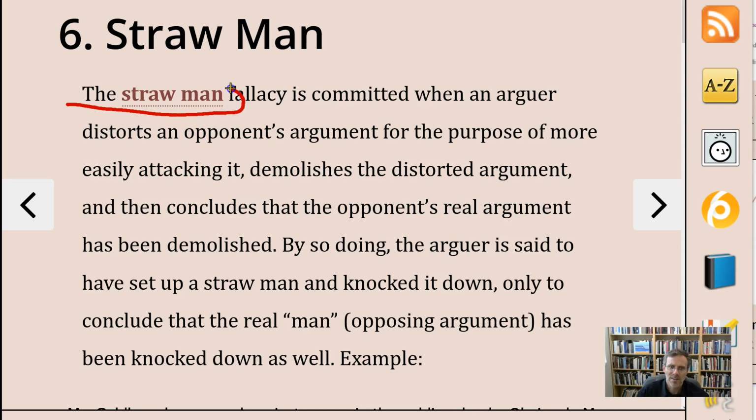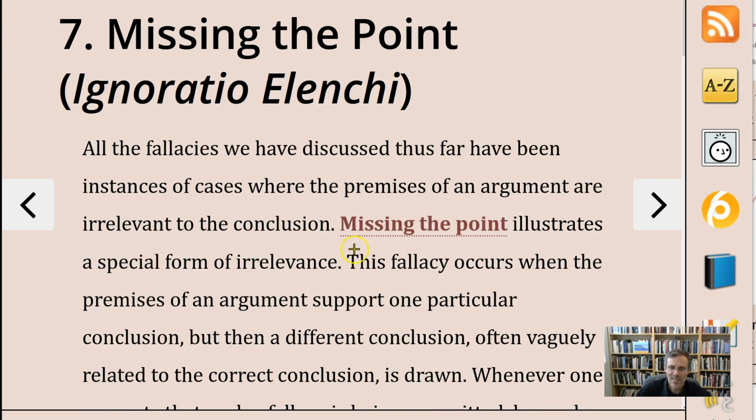The straw man fallacy is another fallacy that involves two speakers. In this case, you have one speaker who makes an argument, and a second speaker takes the argument made by the first speaker and makes it into a bad argument by misrepresenting it so that they can defeat that argument. That's the reason it's called the straw man argument, because the original argument made by a real person is replaced with a pretend argument.